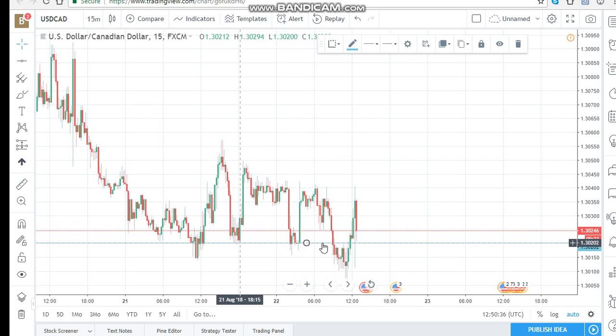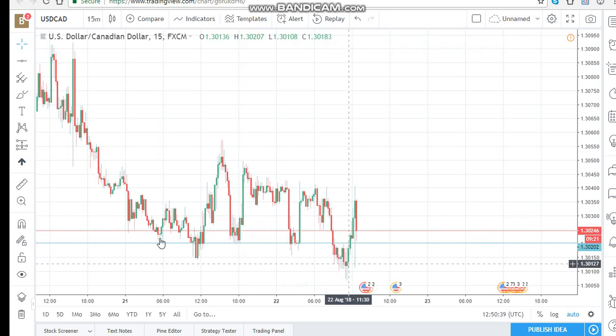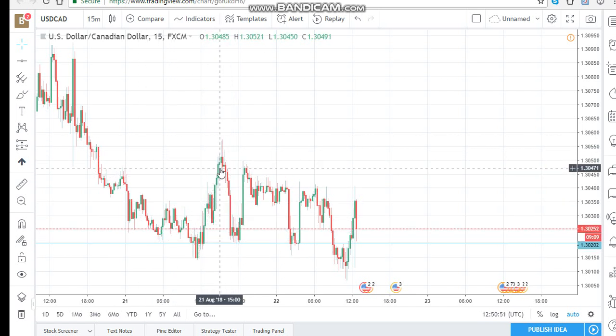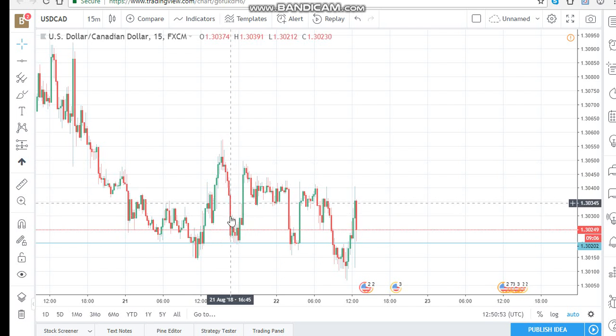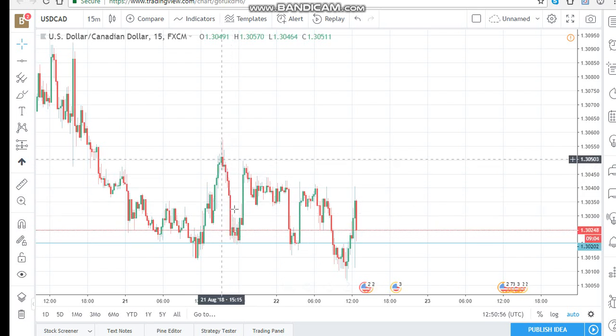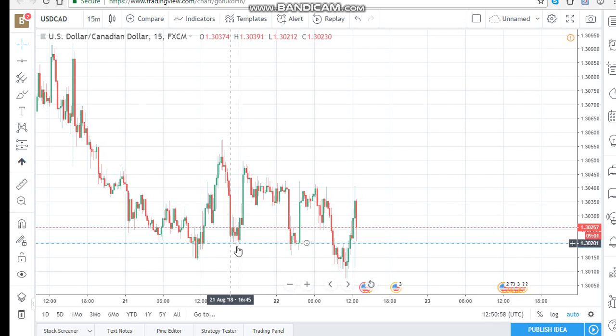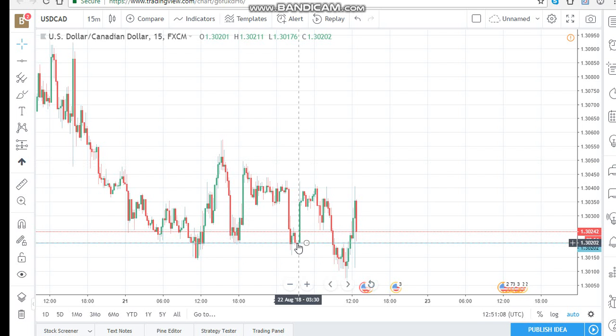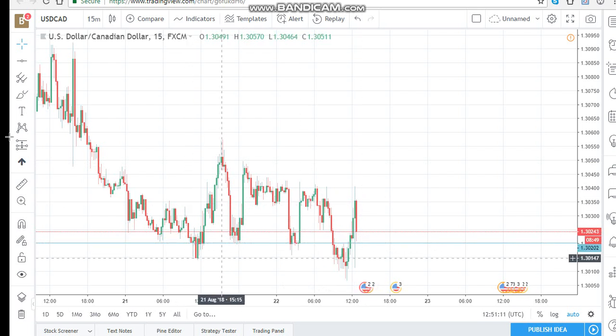Let's put a line here. Why am I putting a line there? Because I can see that from here the buyers, they want to buy, and they were buying. But the sellers were saying, no, you guys, you cannot just come here and buy. They were slapped down until at this point, and then the buyers again said, no, we want to buy. They bought again until right here, and they were slapped down. So this makes it